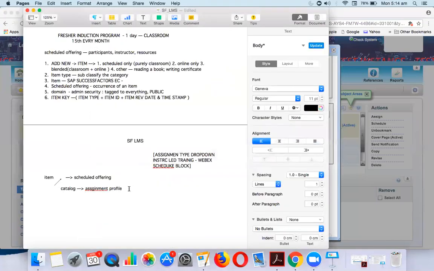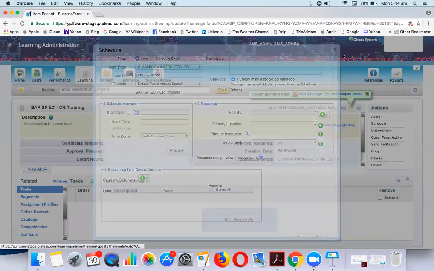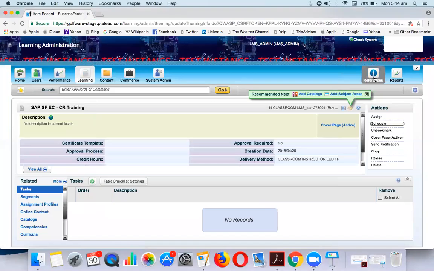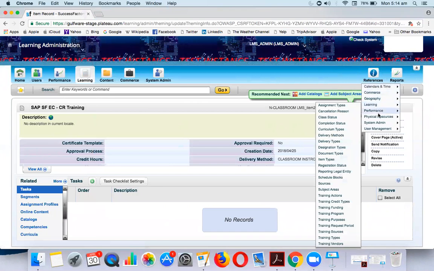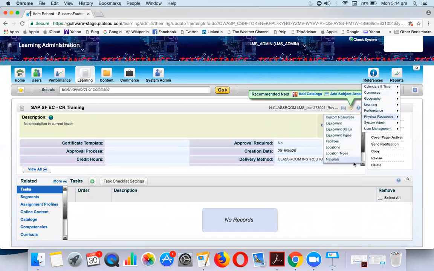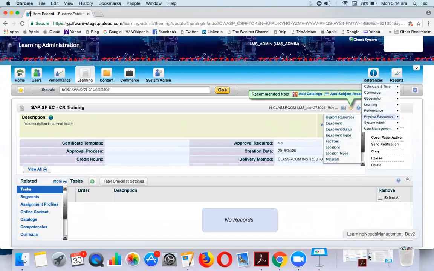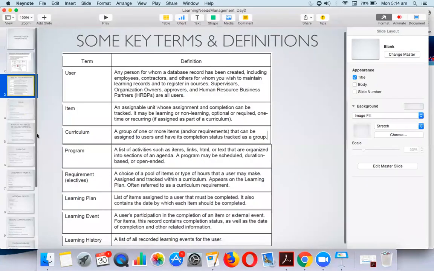The next thing that we are going to do, even before we try creating a schedule, is creating your resources. So your resources can be created from the link, references, physical resources, resources. This is the place where you create a physical resource. And as far as physical resources are considered,